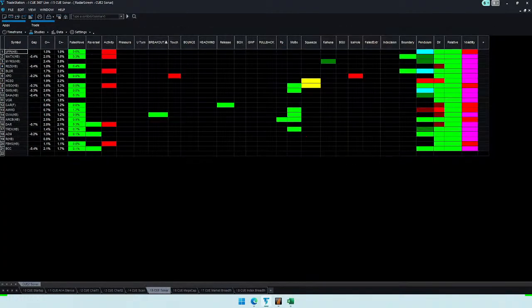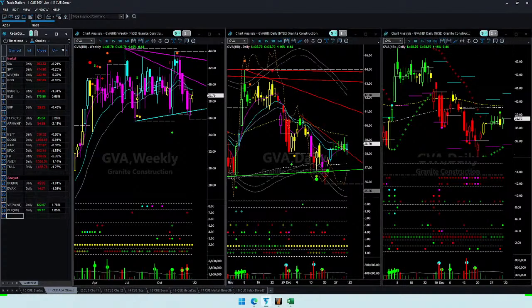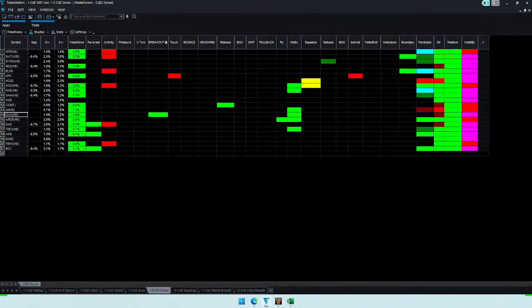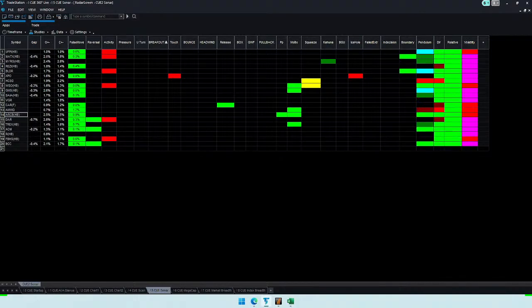Do I have other breakouts? No. Oh, I have one, GVA. Let's look at GVA. Here it has a breakout in the daily, and interestingly the bullish headwinds came near the bottom, but in the weekly it is in the middle of a range. So I already have a better looking chart in CLH. Even VRTV is better than GVA. Let's exclude GVA. I'm trying to find the better candidates.